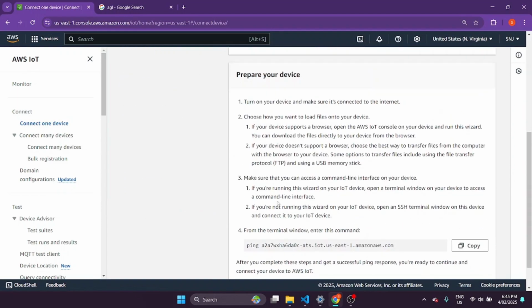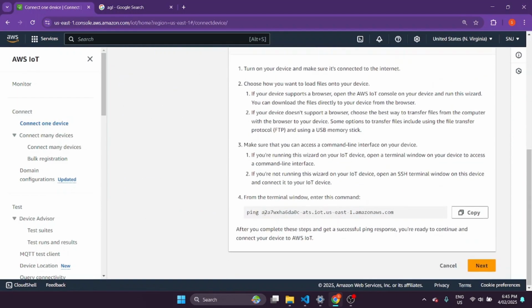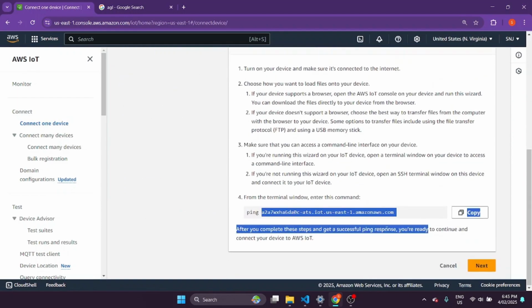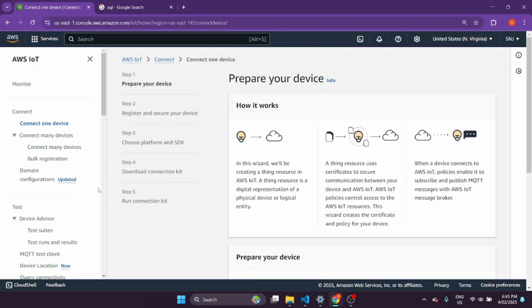That's how it works. And again, this is just the endpoint. So this is the endpoint, in other words, where your IoT device is going to be connecting to. It's going to be communicating with this endpoint. We're not going to be using an actual IoT device